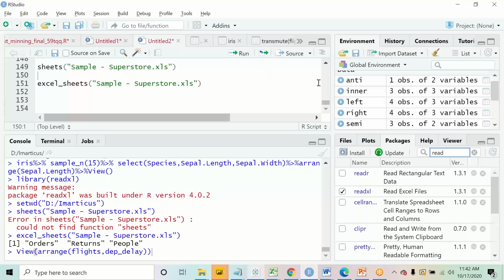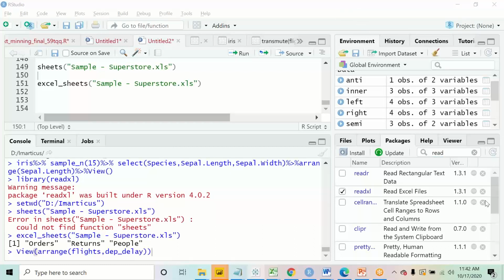Oh yes, so when writing the file path, the extension is necessary. So Rishabh, which path are you referring to? You want to see the path of the working directory, which directory you are in right now?